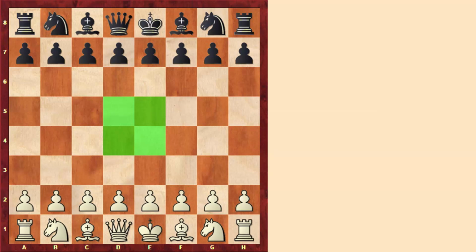So I'll start with a very simple idea. How about we play the move knight to f3 here, and let's say that our opponent replies with knight to f6, and here we want to improve the knight by placing it on a central square. Here, since we don't have control of the center, then our opponent would simply play the move d6 and the